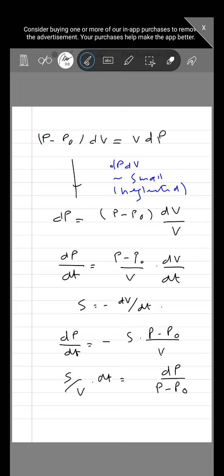Now we put integration, from time t1 to time t2, and this will then be equal to, with the minus sign,